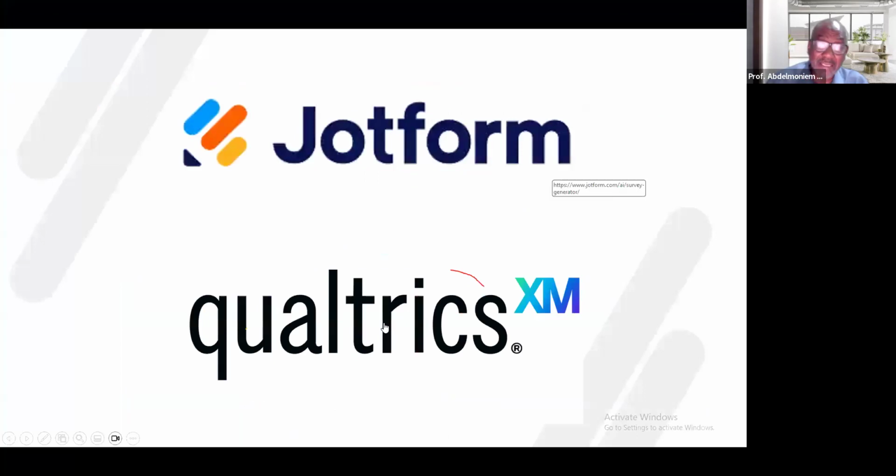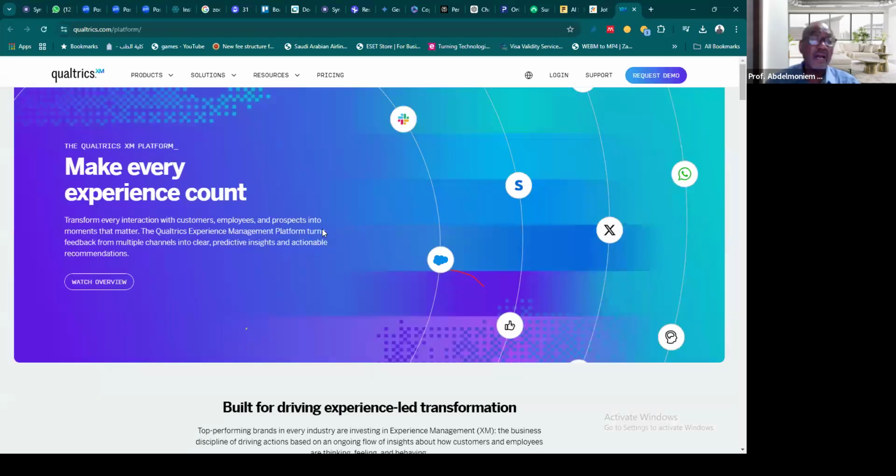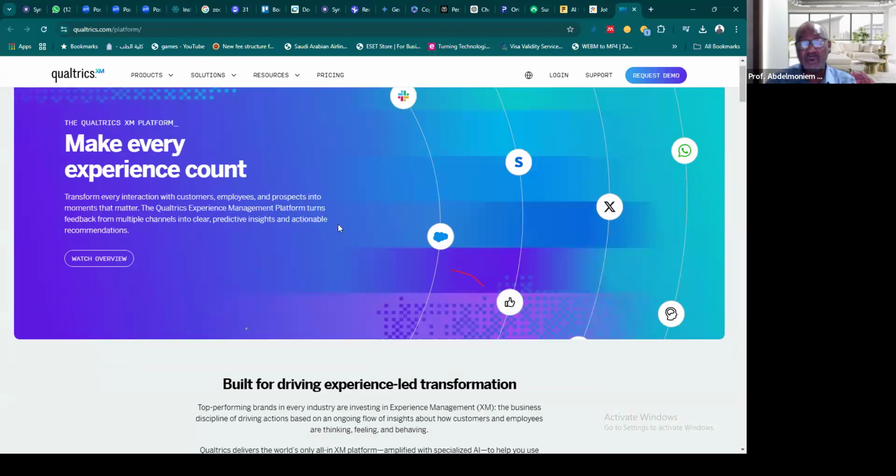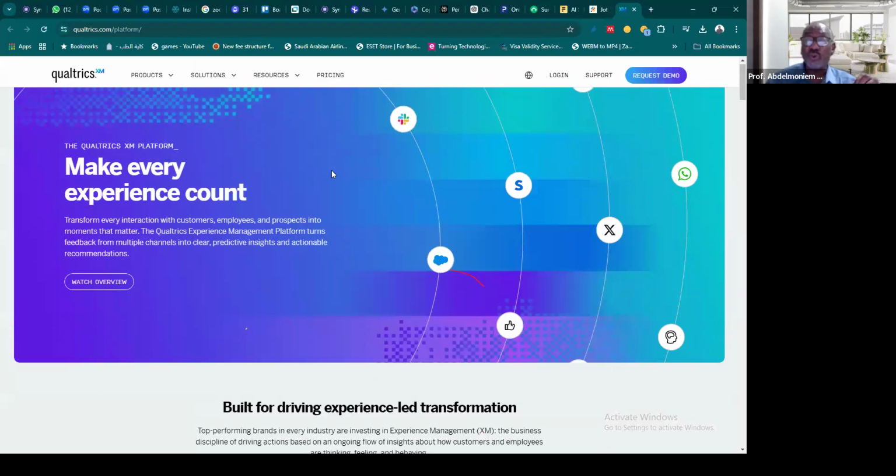You prompt your file. Now, Qualtrics is another one which was in existence, but now they also introduced AI into Qualtrics. Qualtrics doesn't only collect the data, it is also a data visualization tool. So you can collect data and use it to visualize and produce analytical data and reports.